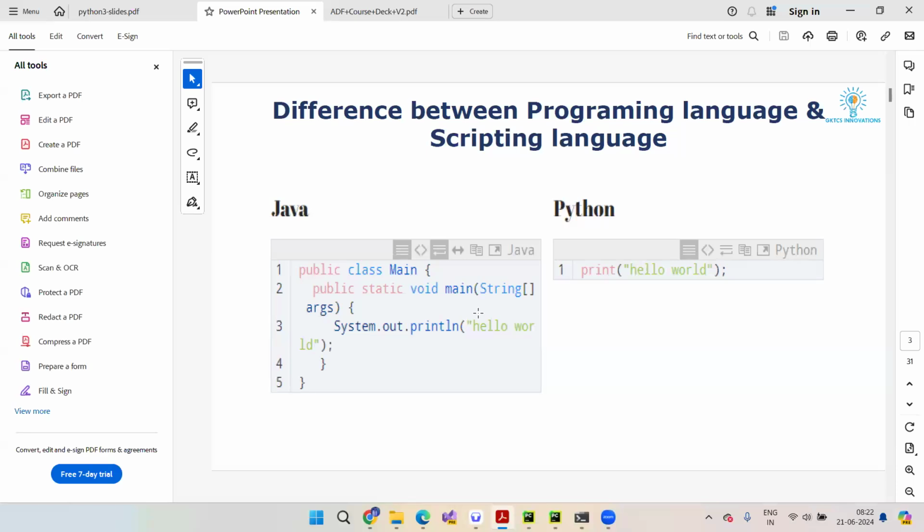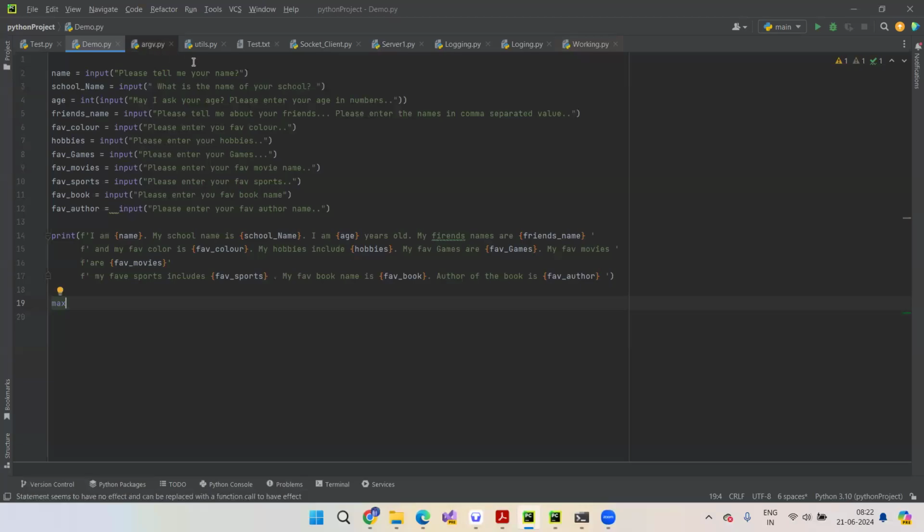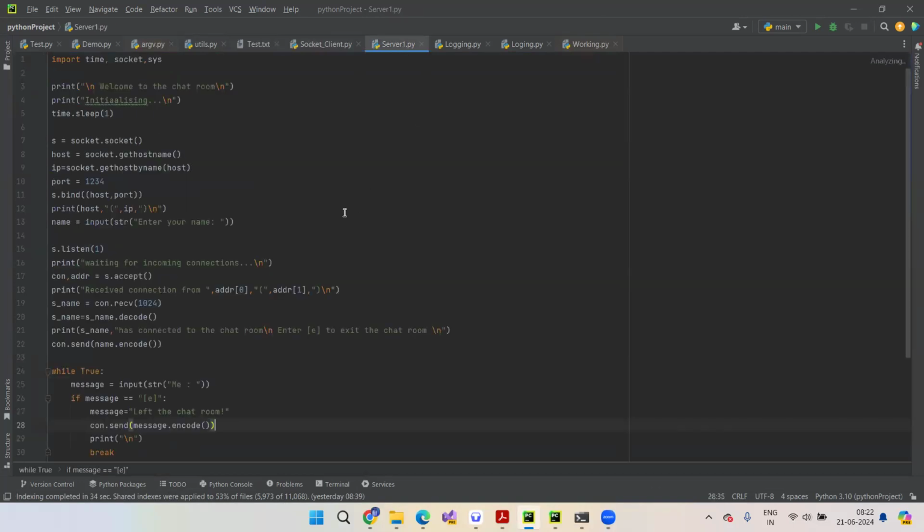So I think this was all about Java, Python, and programming languages and scripting languages. Now, have you ever wondered how my machine is able to understand the commands that we are writing in an editor? Let me show you an editor. This is my Python editor. You can see I have so much code written, correct? Yeah. But the question is, after writing these lines, how does my machine understand what I am trying to write here and what my intention is with this print command, the methods like sockets and all, whatever I have written here.